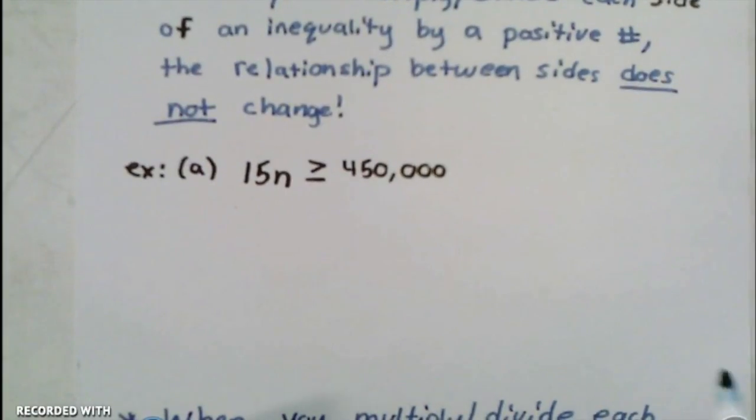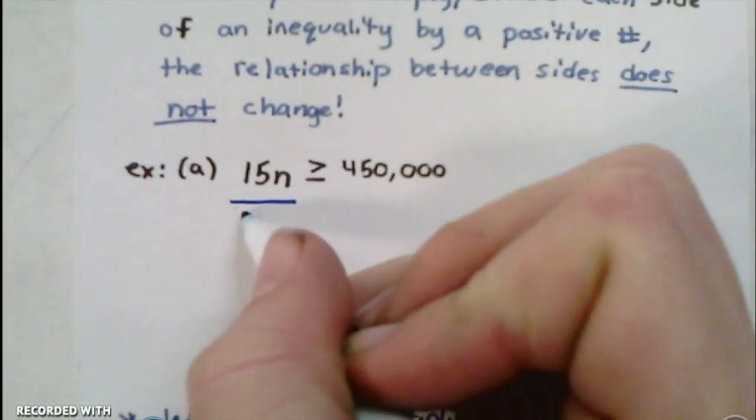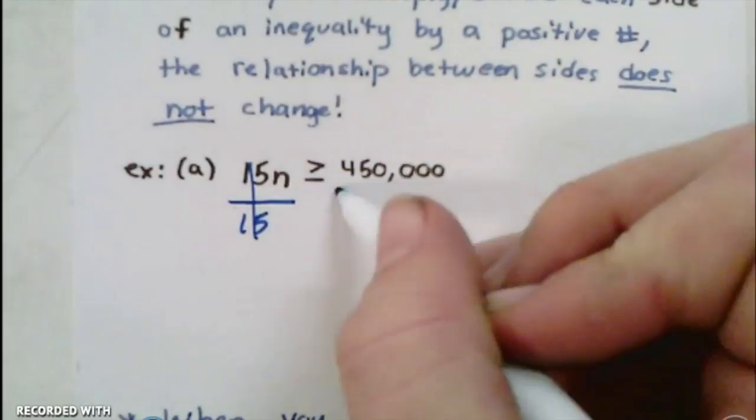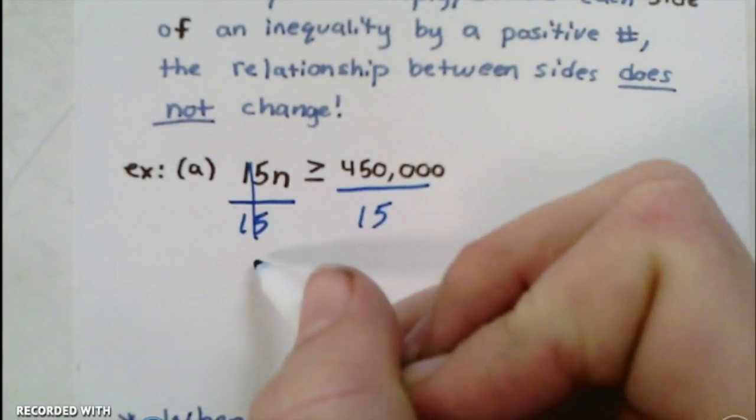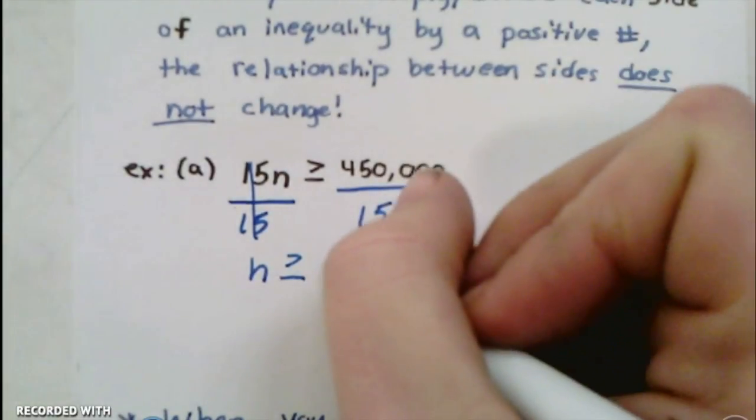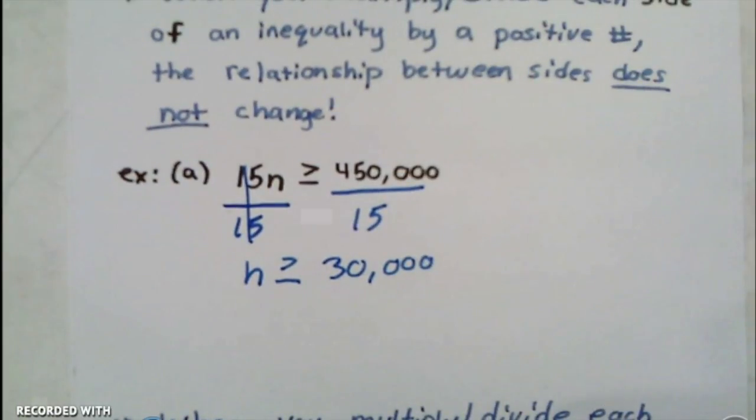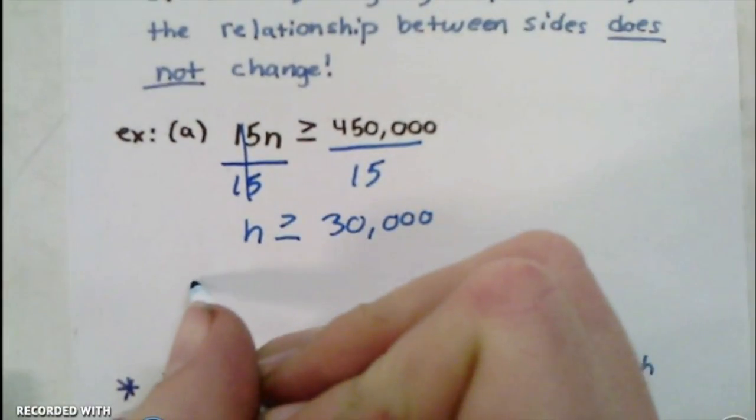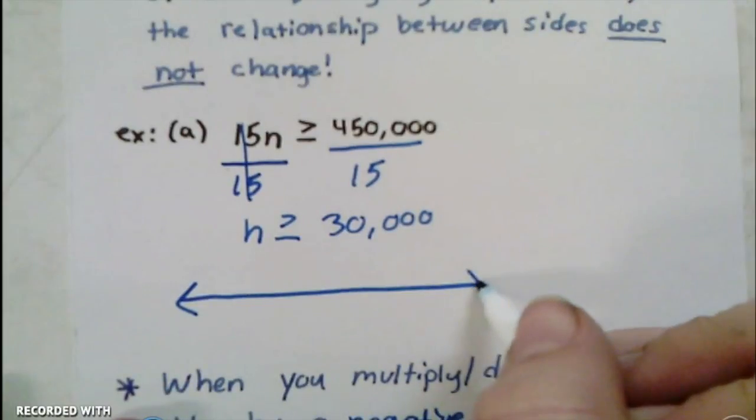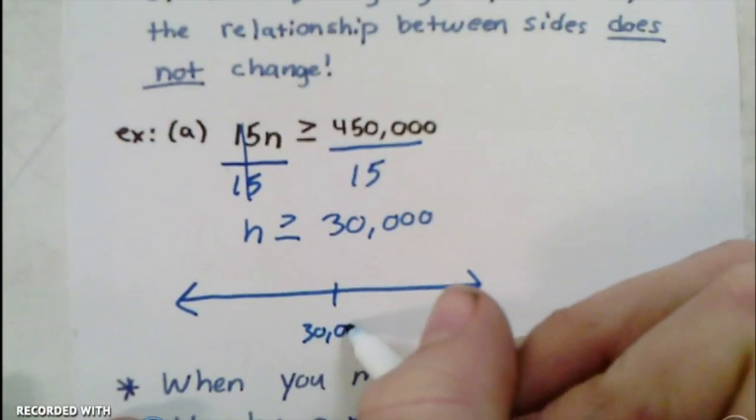So 15n is greater than or equal to 45,000. To solve this, I'm just going to divide by 15 and divide by 15. And I'm going to get n is greater than or equal to 450,000 divided by 15, which is 30,000. Okay? And then I can graph that by drawing my little fancy line, doing 30,000 right here,